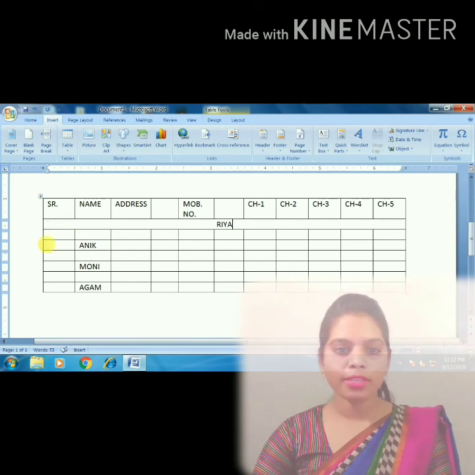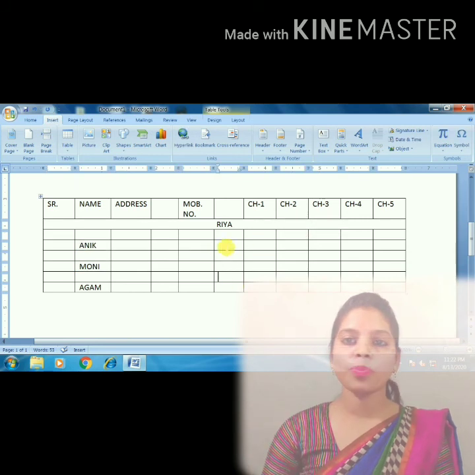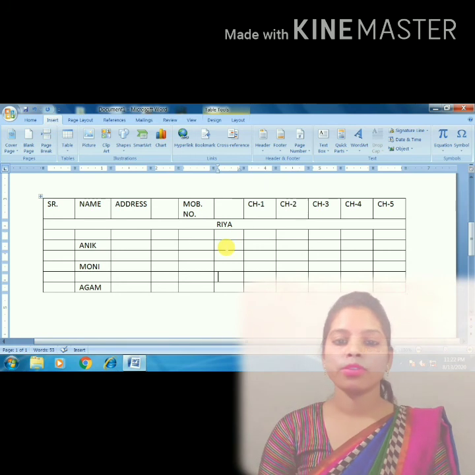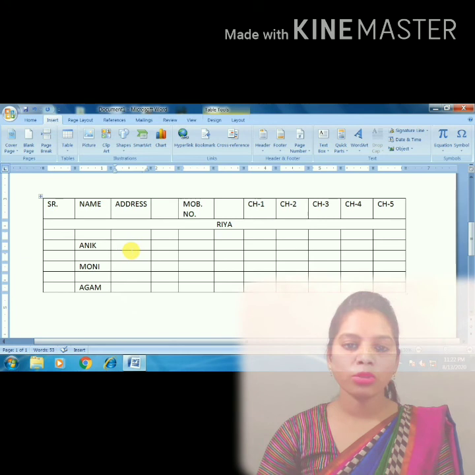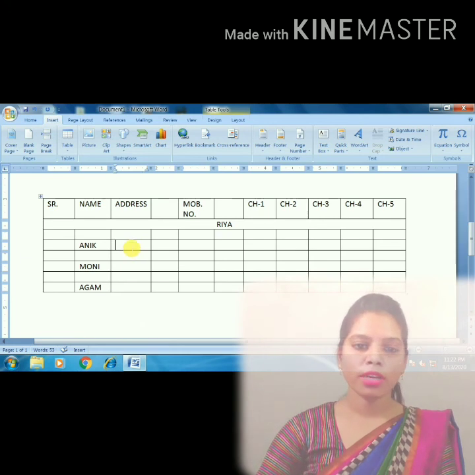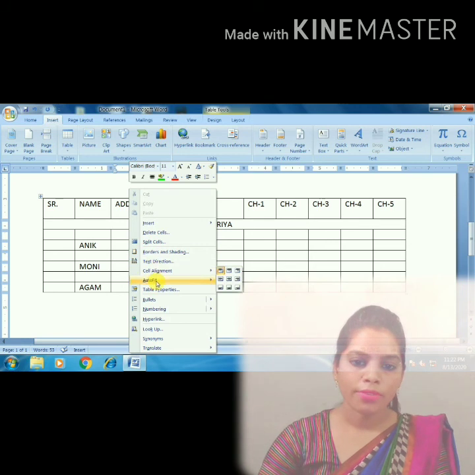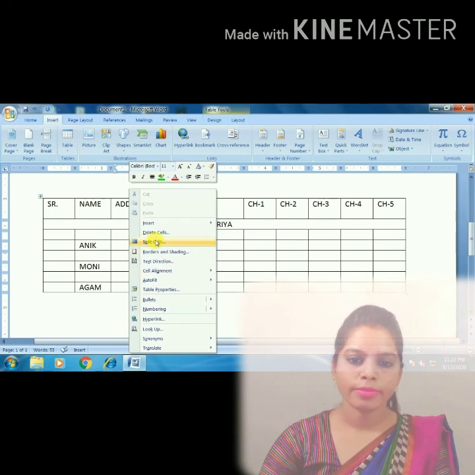After then, splitting cell. For splitting the cell, see, suppose you split means making parts. So, suppose you want to split it into three parts. For that, click over here and right click on the mouse. After then, click on split cell.